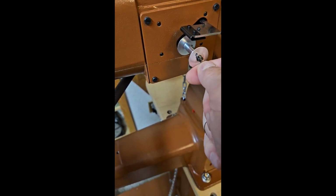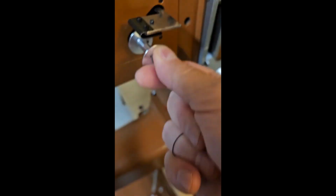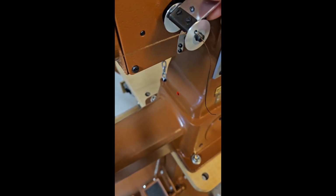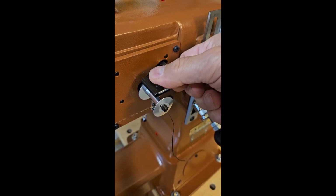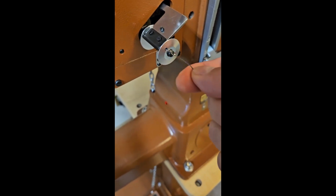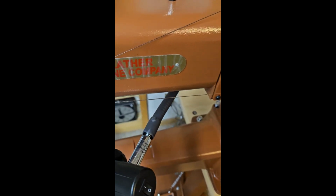Now, I'm going to put the bobbin fill latch down. I have no idea what they call this thing. But I'm going to put it down, and that's going to keep the bobbin from coming out into my hand, which is what was just happening. Okay, so now